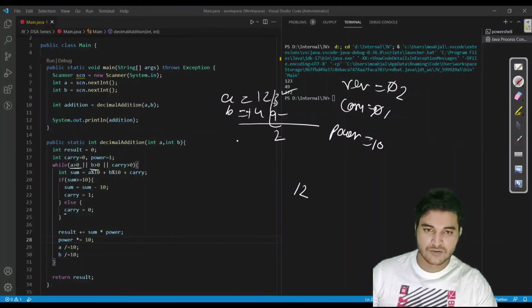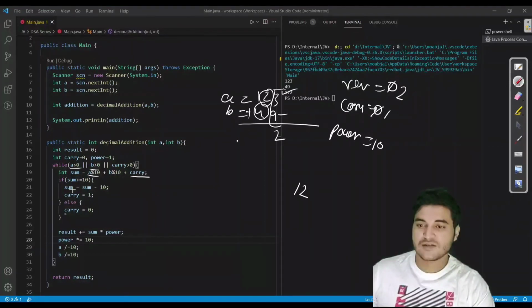So now these two digits are removed. Now we have to add the next two digits. 4 plus 2, you can see the remainder of 12 by 10 is 2, and the remainder of 4 with 10 is 4. So 4 plus 2 is 6, plus carry, which is 1 previously. Now 6 is less than the base, which is 10.